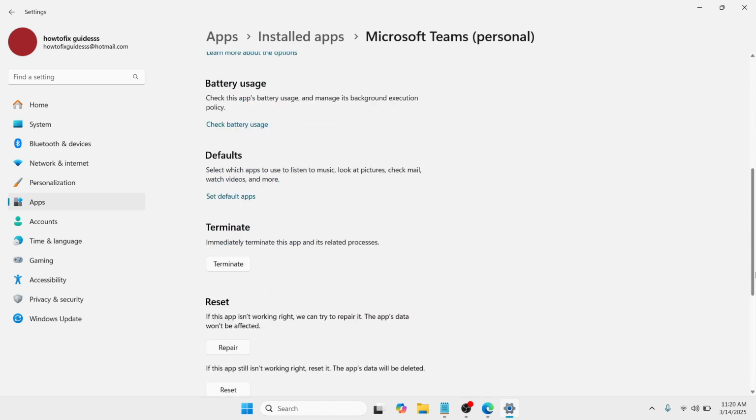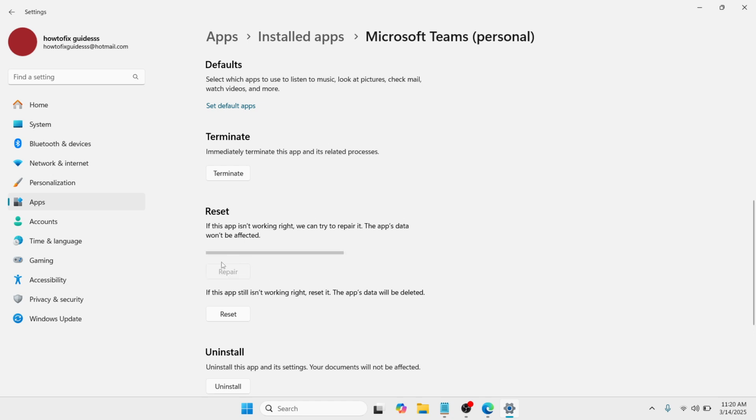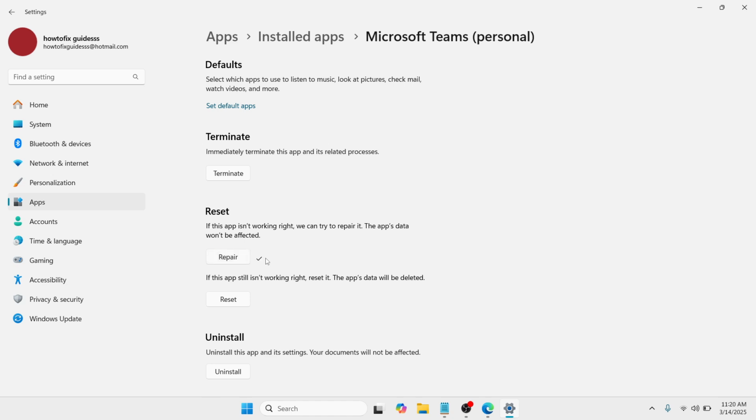Here you need to scroll down and click on repair. Now I want to assure you that once you click on it, the app's data won't be affected. Just wait until the repair is done. Once it's done and marked checked here,